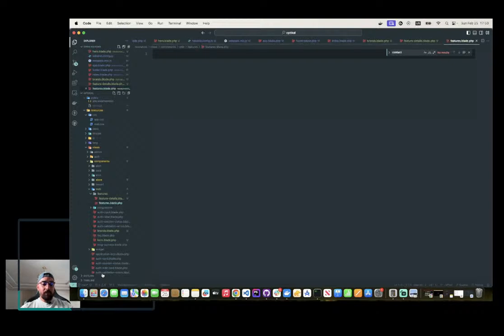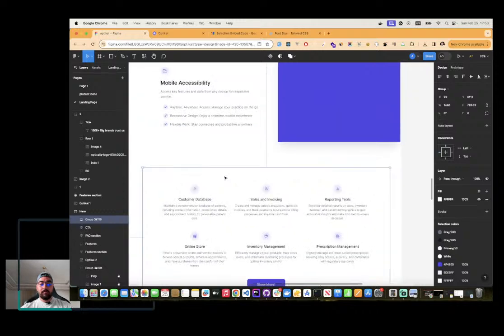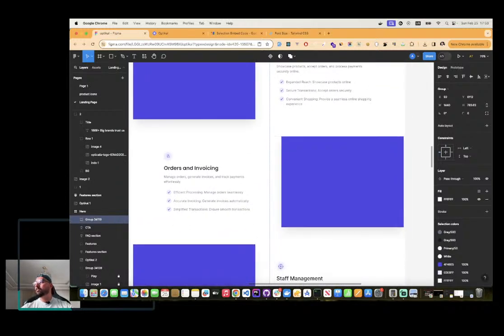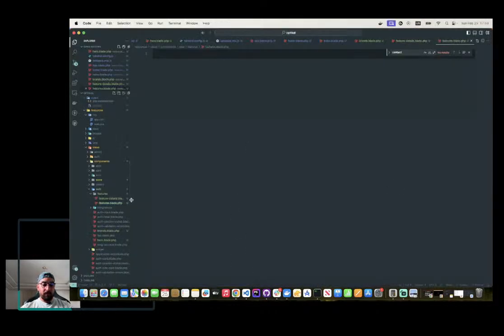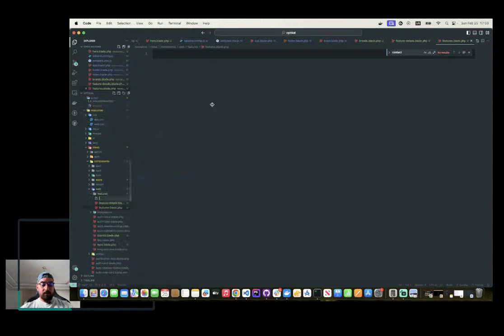Features.blade.php. I really don't know what I can name this. Let's give it, for example,